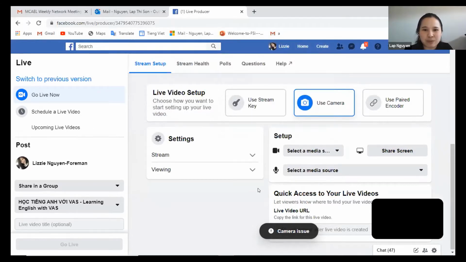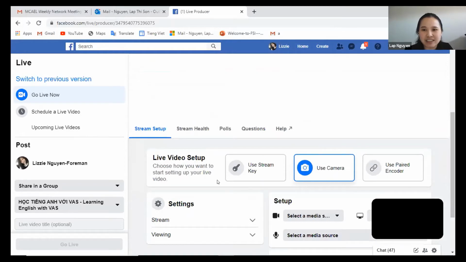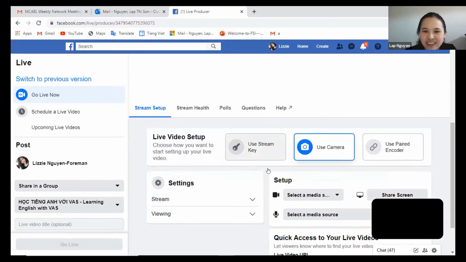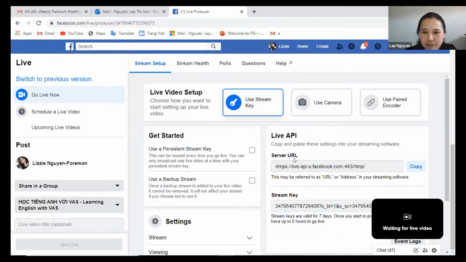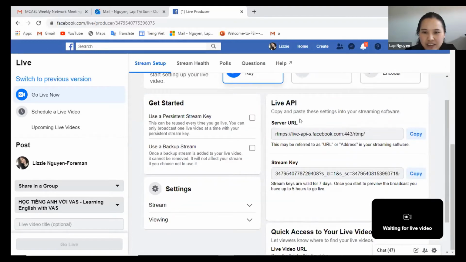So if it doesn't automatically link you to Facebook, you can use the stream key right here. When you choose it, you will see the information for the server and the key, and then you copy it and paste it in Zoom, and it allows you to live stream from Zoom to Facebook.